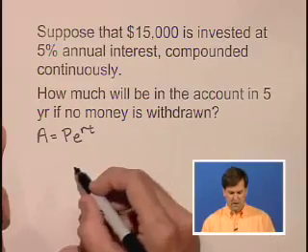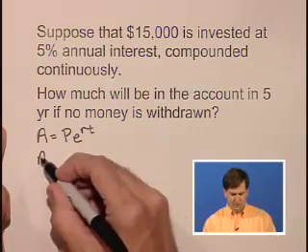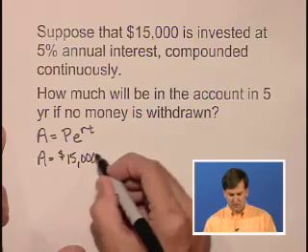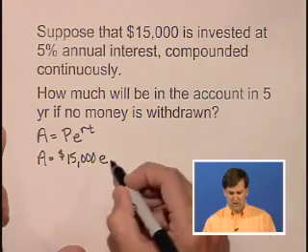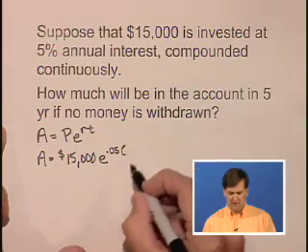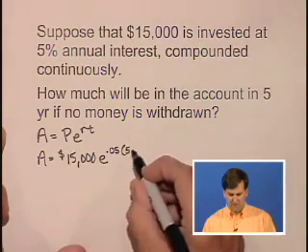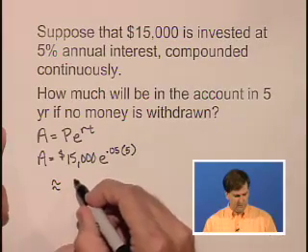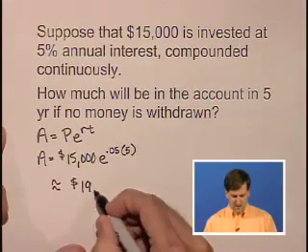measured in years. So if we're talking about 5 years, then we're starting with $15,000, that's our principal, times e to the 5%, which is 0.05, times the number of years, which is 5 years. We go to the calculator to get this answer. We get